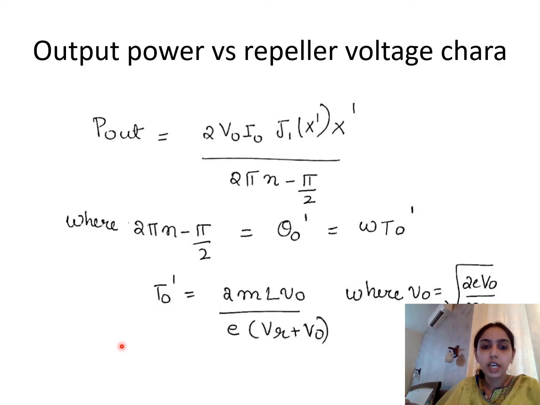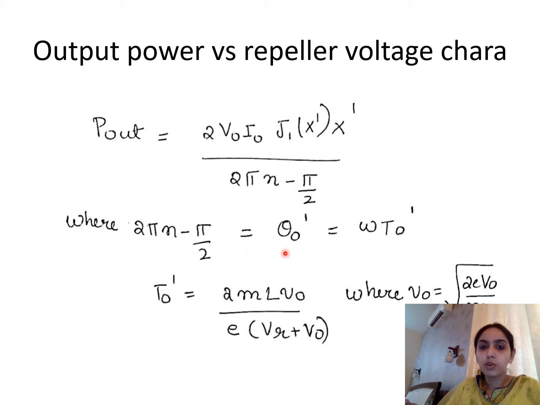Now we can see two characteristics. The first characteristic is the output power versus repeller voltage characteristic. That is what will happen to our output power when the repeller voltage changes from the center voltage. From the previous expression of the output power, or the AC power induced in our cavity, we can write the expression as such, and some further steps are written for better understanding. That is how we finally make a relation between the output power and the repeller voltage.